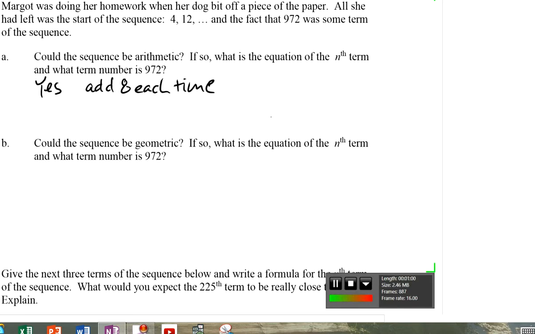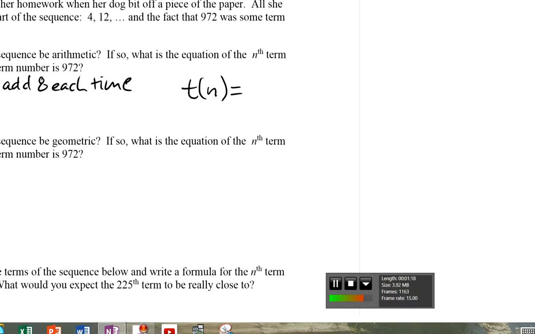And if I wanted to write down the general rule, what would it be? Well, take a look, guys. T of n, the nth term, would equal. And by the way, more of you got this right. More of you knew how to write down a general arithmetic sequence than geometric one, but still many of you didn't have this quite right. So look at the general rule. This is going to be every single time the common difference. I'll use the variable a. This is what you're adding each time. Common difference